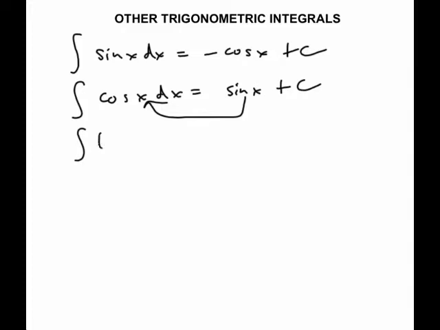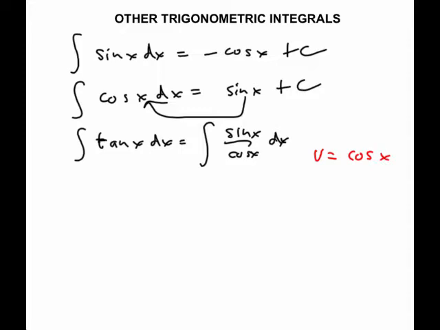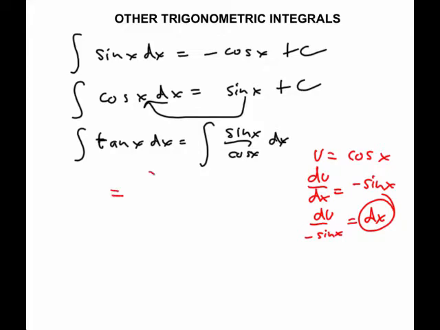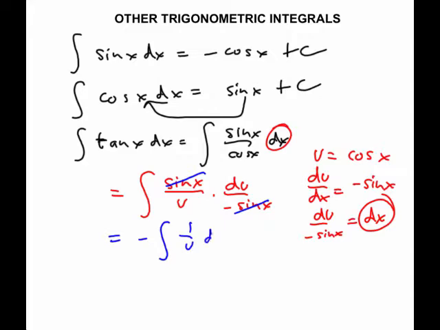Okay. Now in terms of the integral of tan x, I don't actually know this at the moment. So I need to find out what that is. So I'm going to write tan as sine over cos. And then I'm going to do an integration by substitution, and I'm going to use u to be cosine x. The derivative of cos, doing derivatives over here, is negative sine x, isolating for dx so that I can substitute it into here. So I'm going to get sine x over u times du times negative sine x. And I did that because the signs cancel out, and I now have negative integral of 1 over u du,